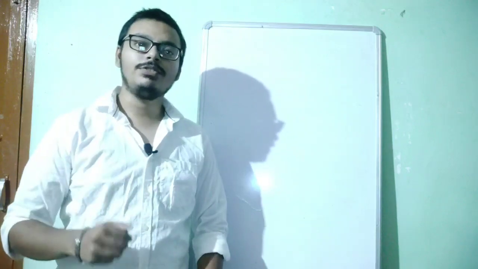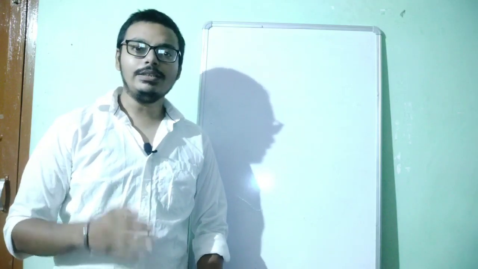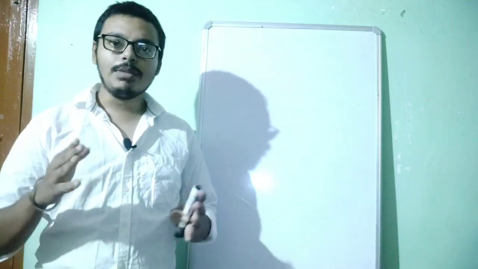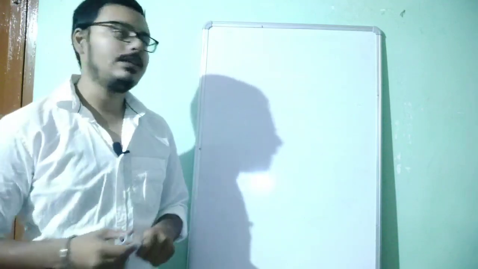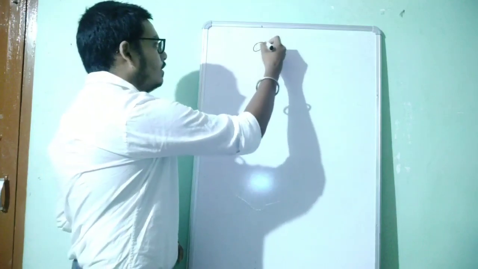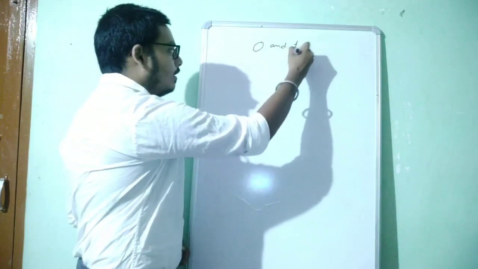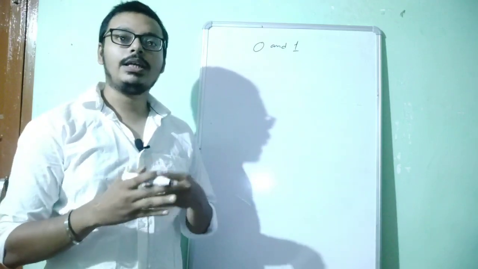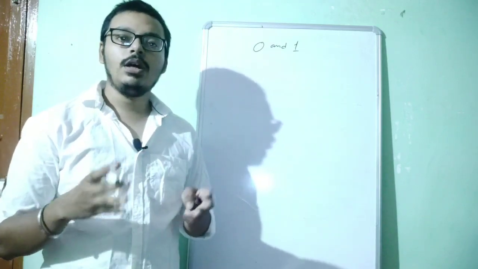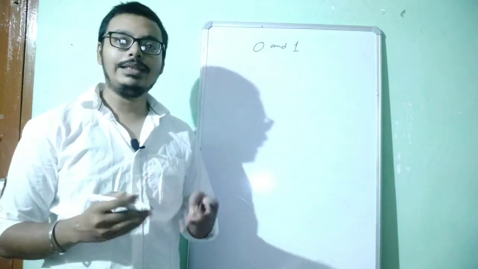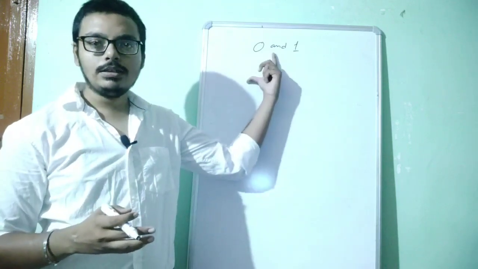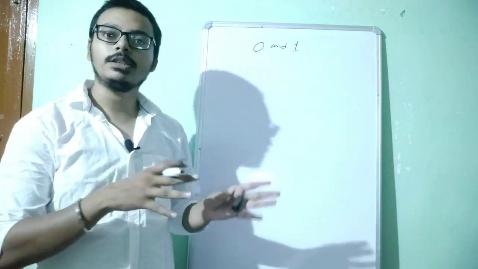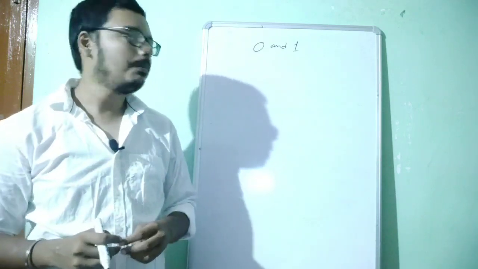So in our last video we have discussed that the computer understands only machine language, right, which is made up of binary numbers, that are 0 and 1, right? So every instruction that is provided to the computer, or every piece of information in the computer, is some unique combination of zeros and ones, right, that we have discussed in our previous video.